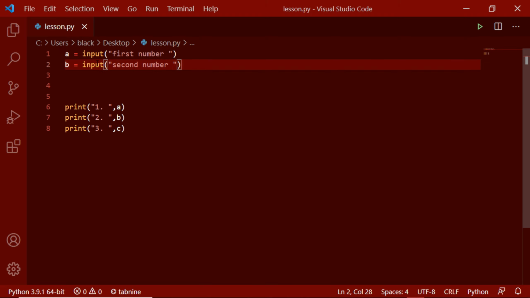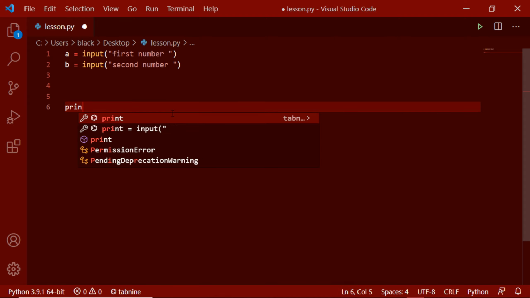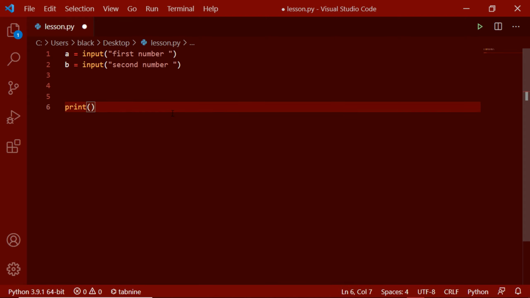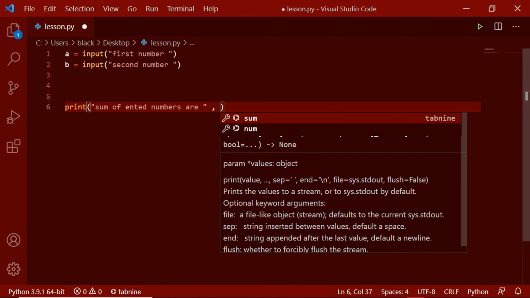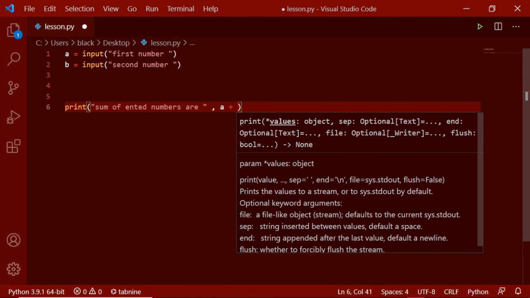And what we're going to do is print out the addition of these two values. Sum of entered numbers are, and here I'll give the output as a plus b.